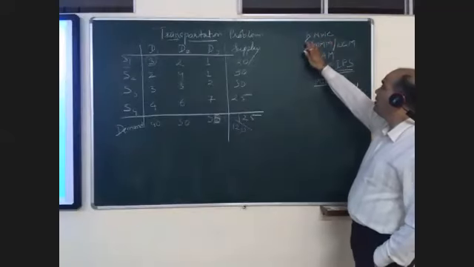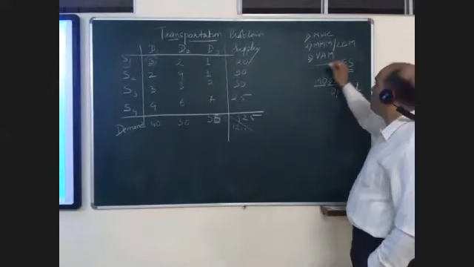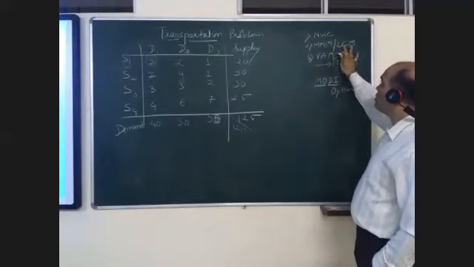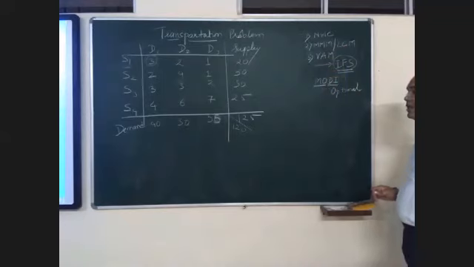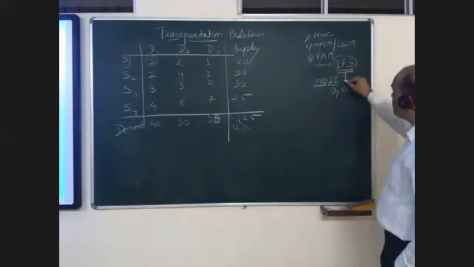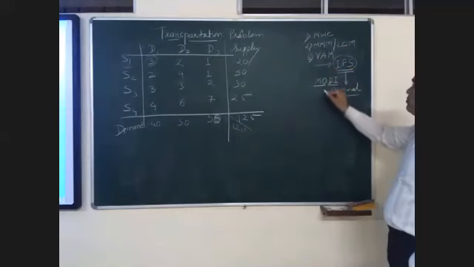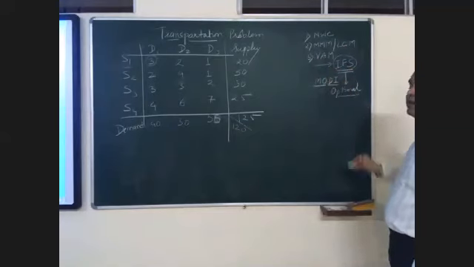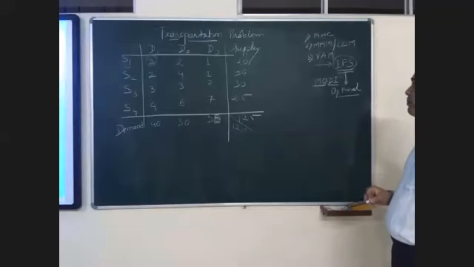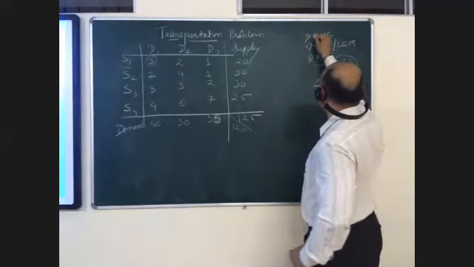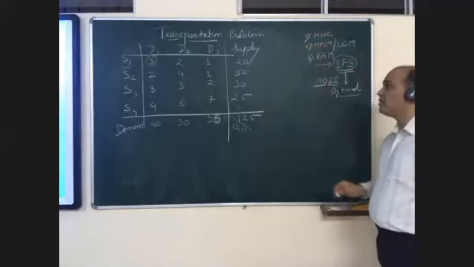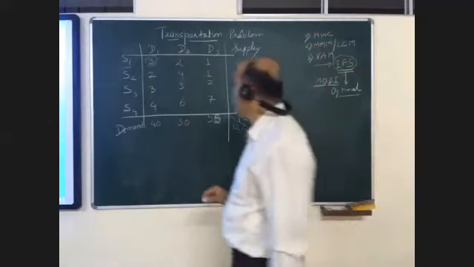Now, once again, I'll repeat. There are three different methods to solve the given problem for initial feasible solution: northwest corner method, matrix minimum or least cost method, and Vogel's approximation method. Clear? Now, to get the final optimal solution, we have the Modi method, also called the modified distribution method or stepping stone method. Now we'll solve this problem by all three methods, that is northwest corner method, matrix minimum and VAM method. We'll start with the first. Please pay attention.